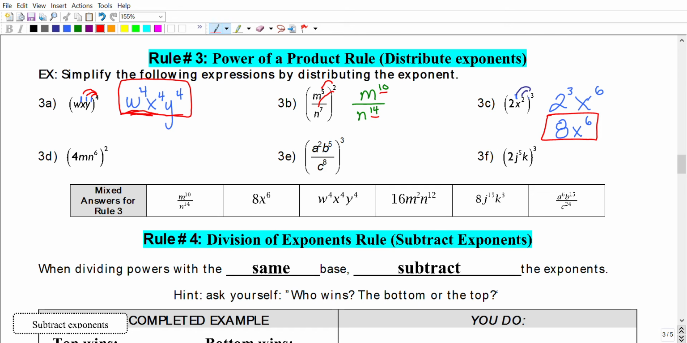Again, if you're not sure how I got that 8, guys, remember that 3, all it's telling you is how many factors of 2 you have. So if you do 2 times 2 times 2, that should be 8. Okay? All right. Same thing with